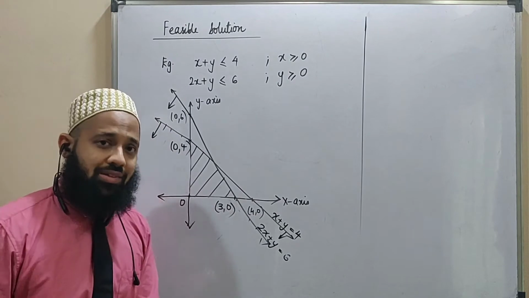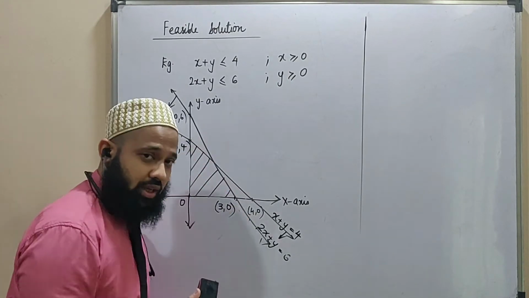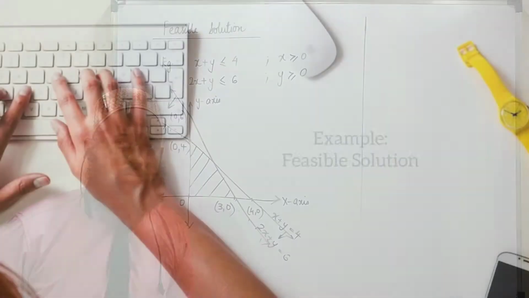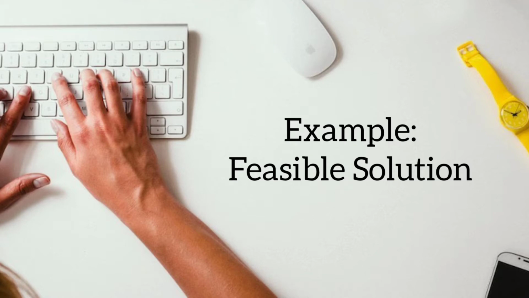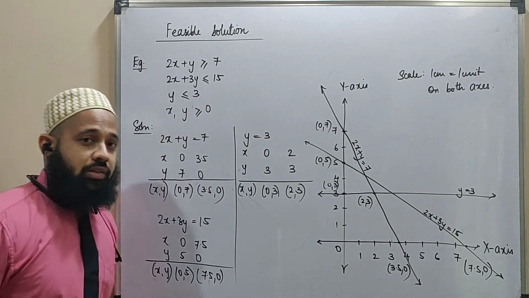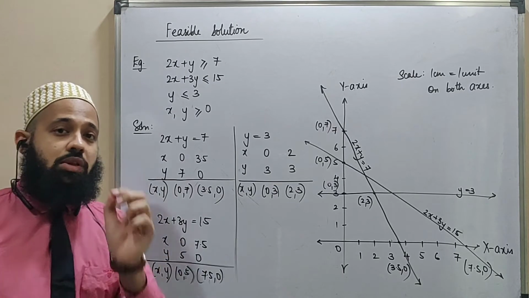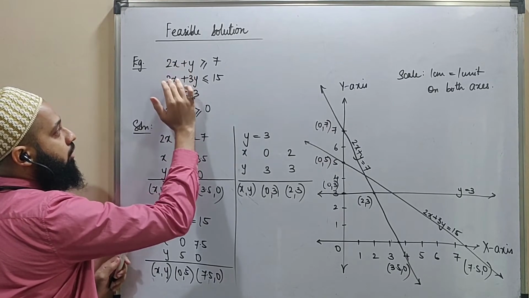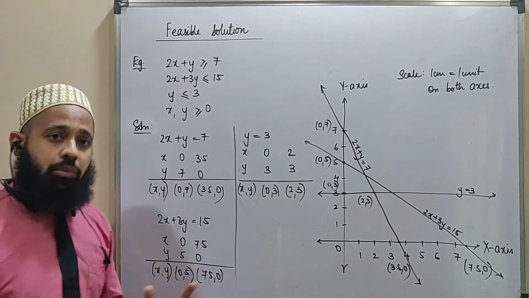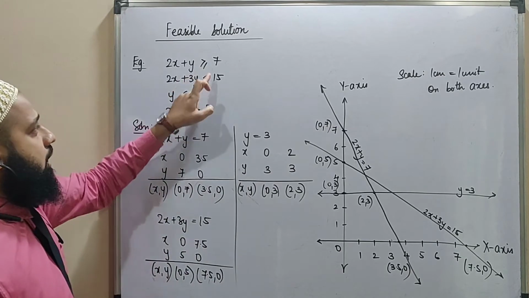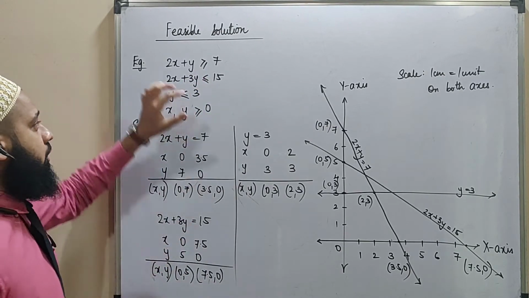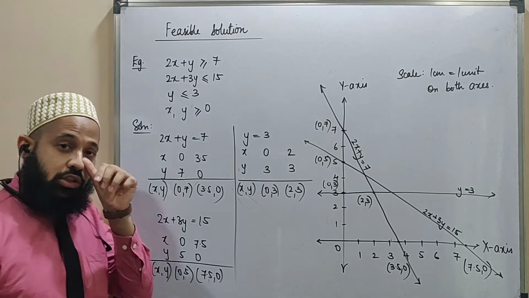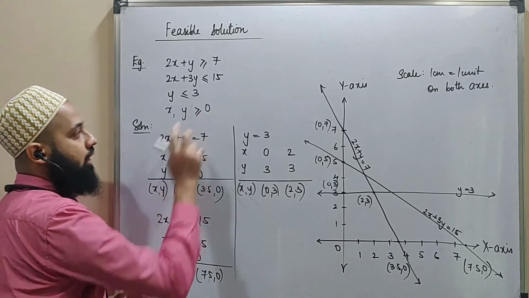Let's take one detailed example where we'll do the graph from scratch and we'll obtain the feasible solution for that particular example. So this is the example where I am asked to find the feasible solution of the given system of linear inequations. I've been given 1, 2 and 3 inequalities. I've taken a random example where you'll see a mix of greater than, less than signs. You'll also see a mix of 2 variable inequalities and 1 variable inequality, and then the condition that brings in the feasibility, which is x and y greater than equal to 0.